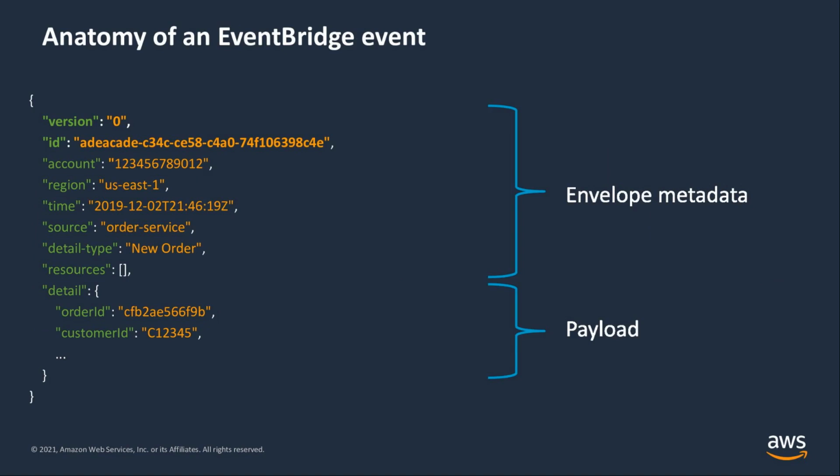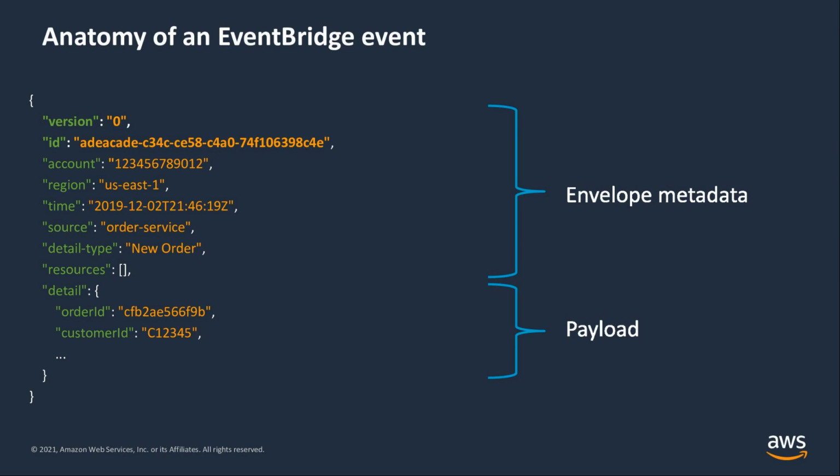All right, so the anatomy of an EventBridge event. So you can see this is a JSON structured payload with some metadata and then the actual payload. So you can create rules to match really anything in the structure. And all events have these top-level fields, right? So that's the envelope metadata. Say here, version 0 is for all events. And this is the ID here. That's a unique value generated for every event. And that can be helpful in tracing events as they move through various rules to targets and then get processed.